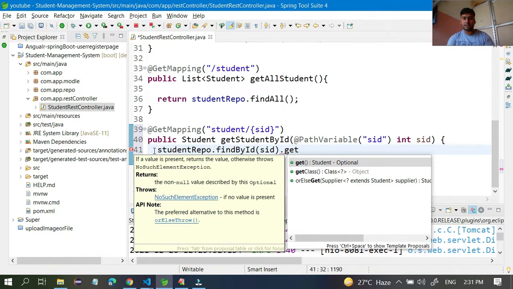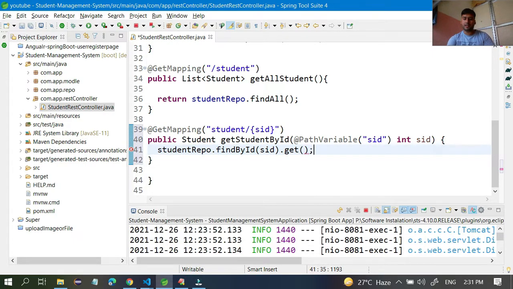It will return an Optional object. If you call get on this Optional, it will return your actual object, and just return this statement. That's it, it will do the work for you.